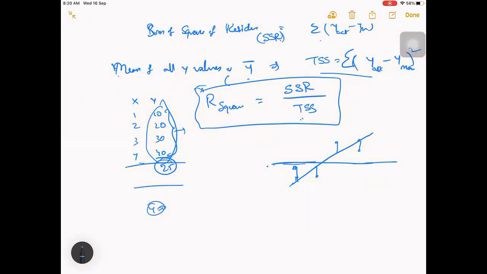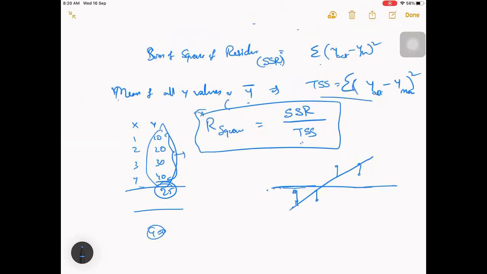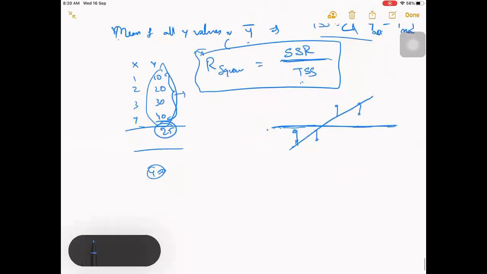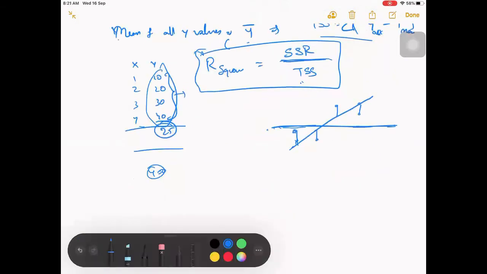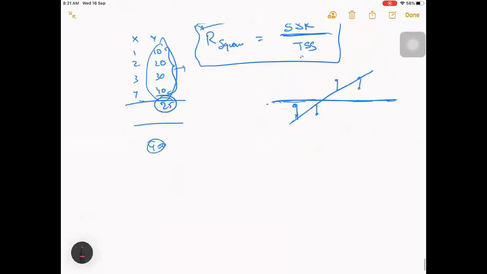So we are seeing how much it is deviating from the average mean. Usually R square is in the range 0 to 1, I guess.